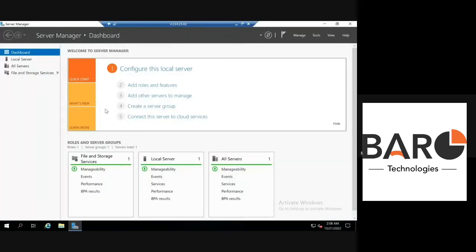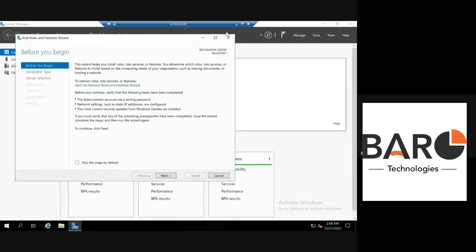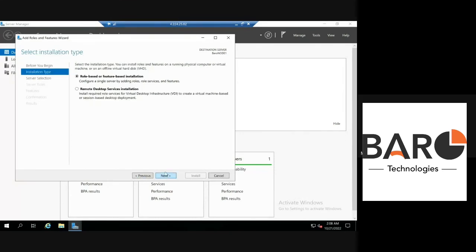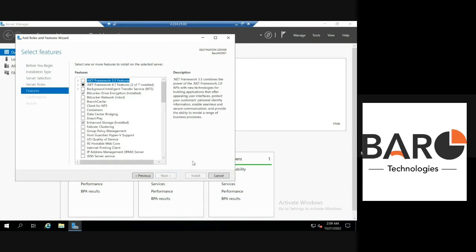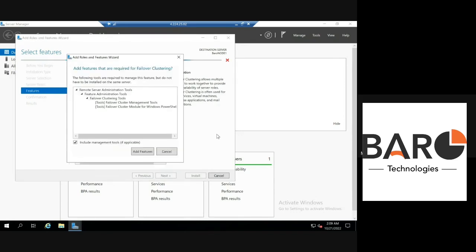Okay. What was the feature added on the DC? It was Active Directory Domain Services, the first or second one, and we do that only for the DC, the domain controller, because we used it to make the domain controller. So for this one, however, and the other two nodes, the feature that we're going to add is Windows Failover Cluster. We go to page 2 of this, select the failover cluster feature, okay, add features,